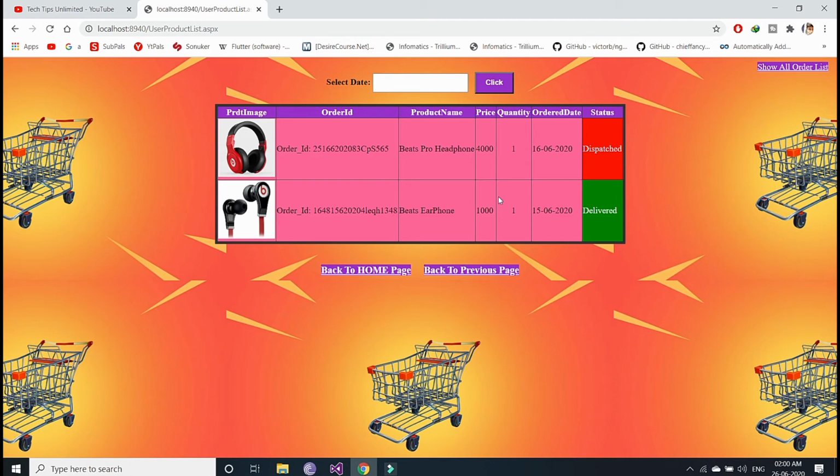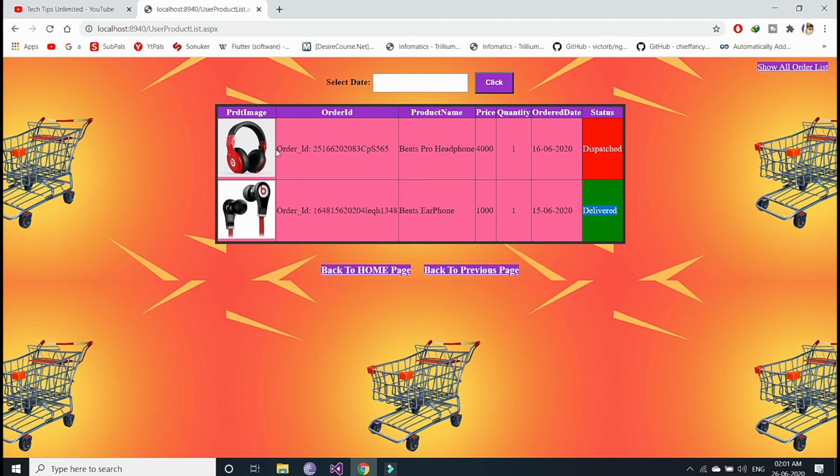You can find the status of a product, whether it is delivered or not. If it is dispatched, that means it has been dispatched from the company and is on the way to reach the customer's endpoint. And delivered means it has been delivered to the user, right? Based on that, the background color also changes.